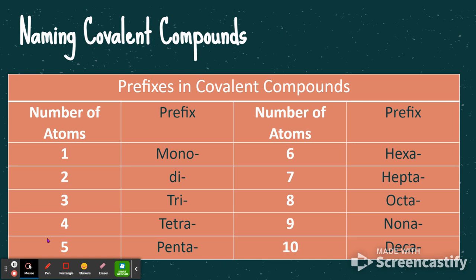3 tri, 4 tetra, 5 penta, 6 hexa, 7 hepta. Be careful with those two. They're very similar. Keep in mind a hexagon is a number 6 shaped,